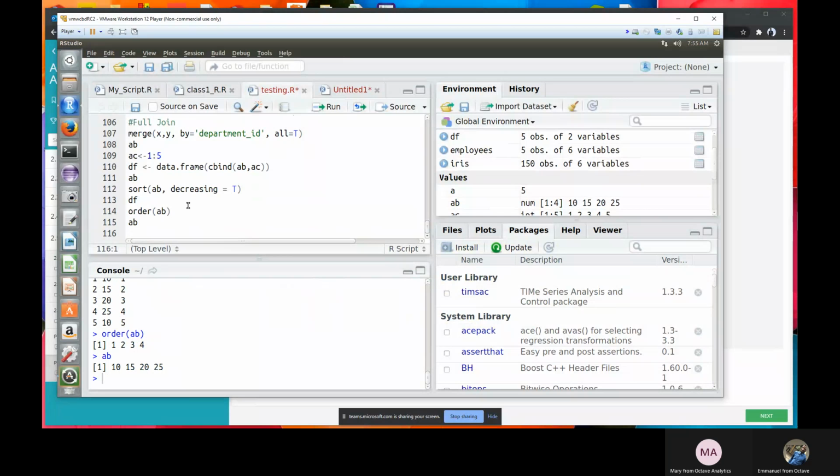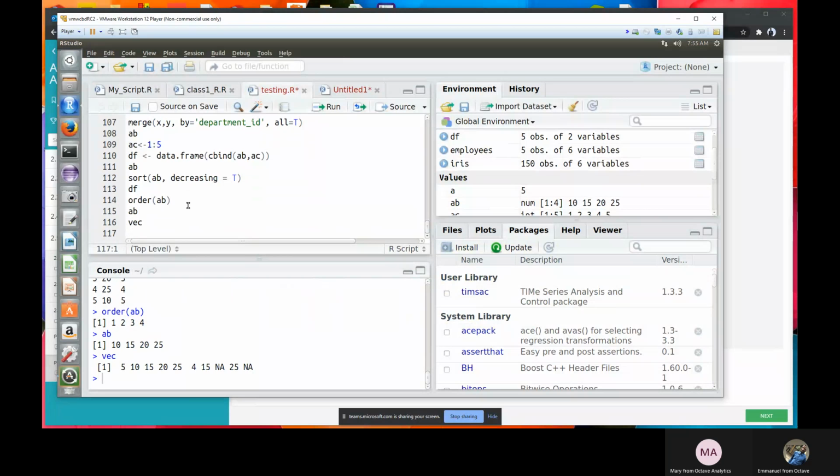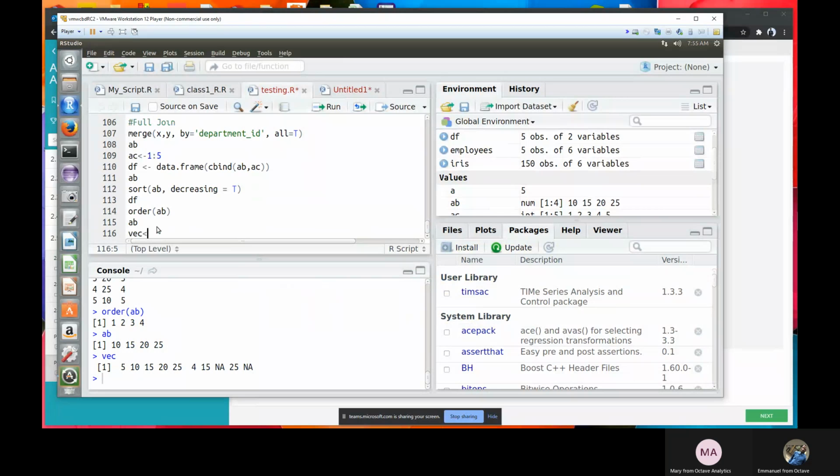But let me create a vector that is not in order like this. Let me create another vector that does not follow a particular order. So let's say 1, 5, 3, 4, 6, 3.